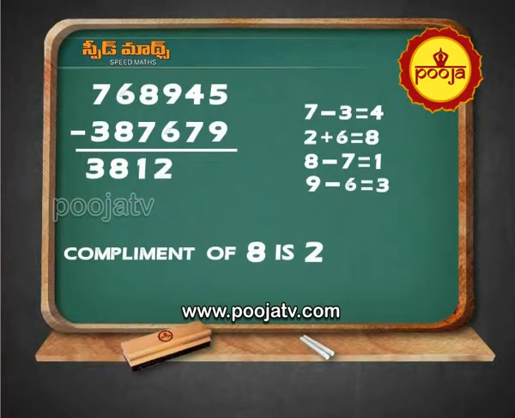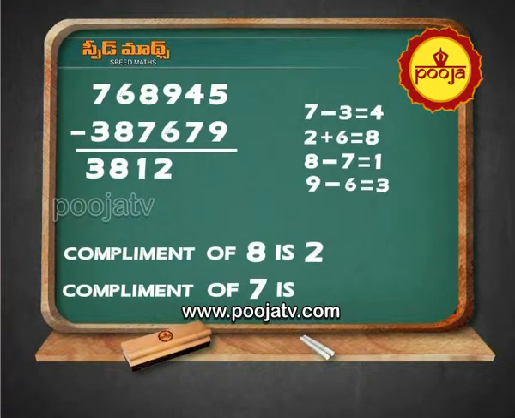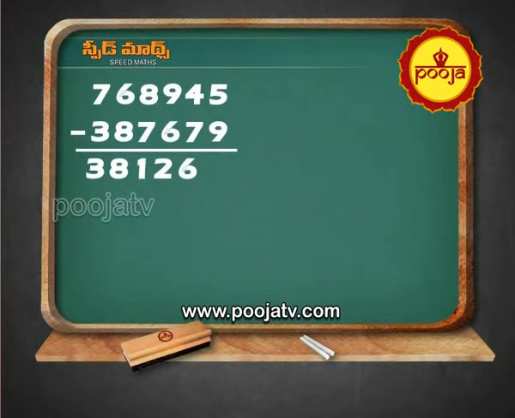Now, 8 minus 7, 1, but 9 minus 3 is also a match. So, 1, write 1 as it is, because it is a match. If it is a match on the right side, you write as it is. If it is a mismatch, you reduce 1. Here 8 minus 7 is 1, right? Here it is a match, so we have written 1 as it is.